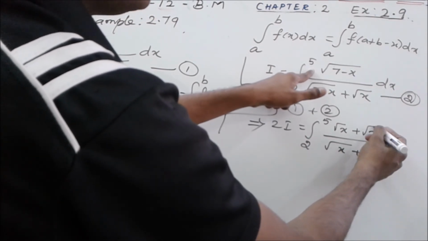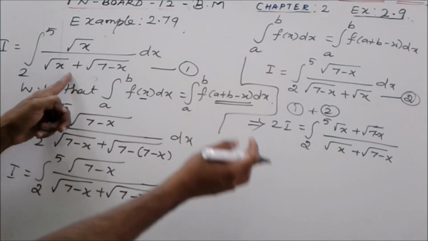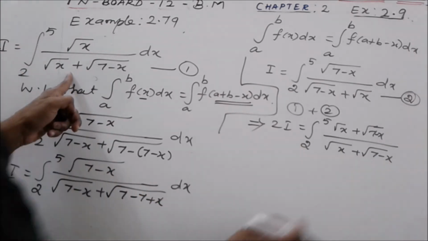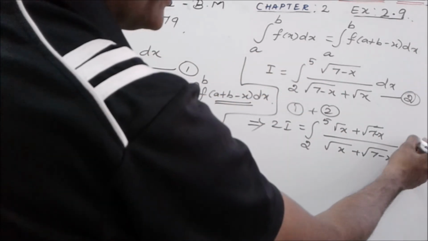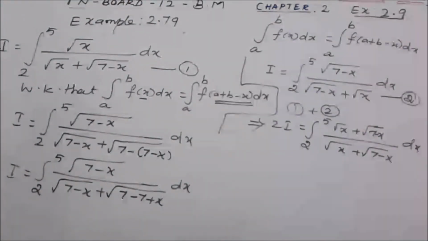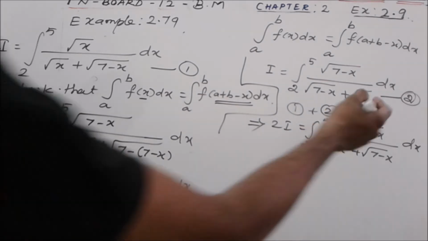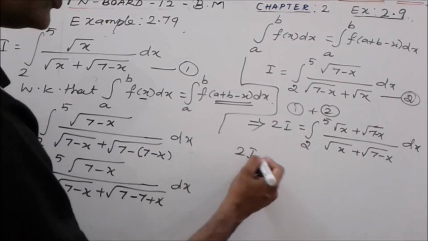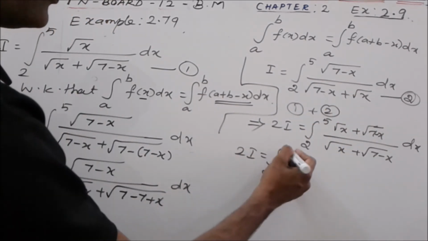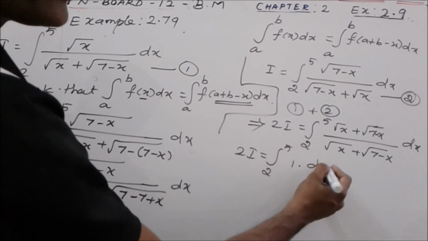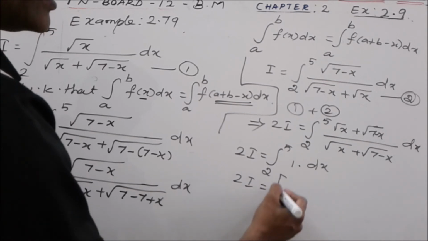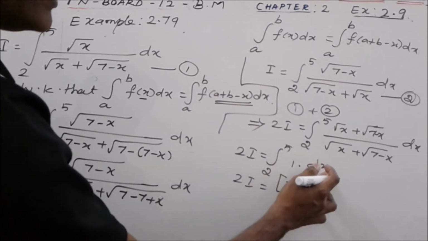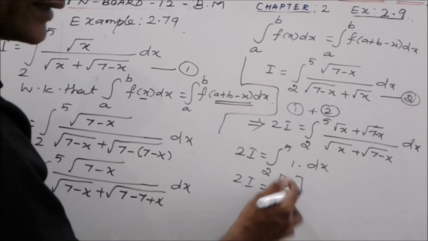So adding these two functions, the denominators are equal, so we take one common denominator, and root x plus root 7 minus x in the numerator, dx. Now look at the numerator and denominator. Both are equal, so we can cancel the numerator and denominator, which implies 2I equal to the integral from 2 to 5 of 1 dx, which implies 2I equal to the integral of 1 dx, the integral of dx is x, limits 2